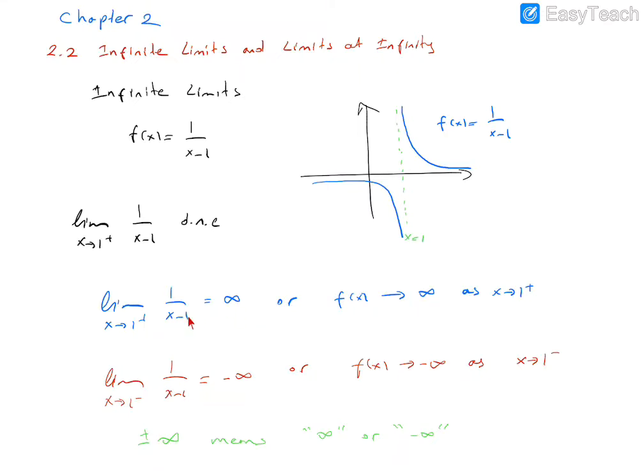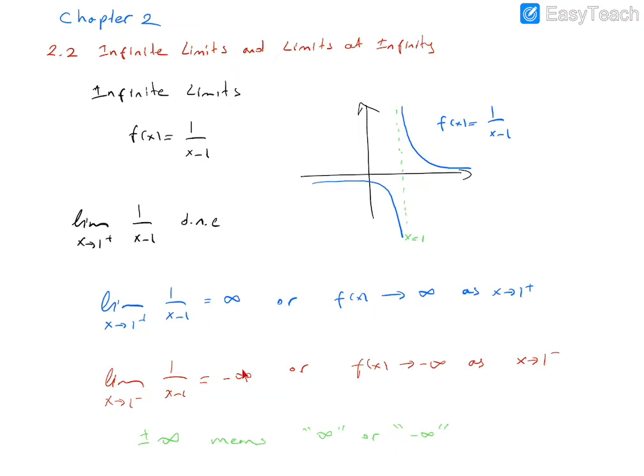According to these two limits, we can talk about the one-sided limits. The one-sided limits describe the behavior of the graph when x goes to 1. From this figure, you can observe: from the left side, it goes to minus infinity; from the right side, it goes to plus infinity. Does the two-sided limit of f of x when x approaches 1 exist? Actually, this does not exist.